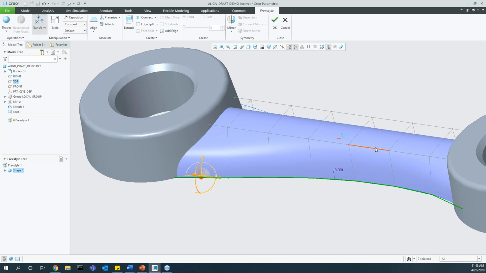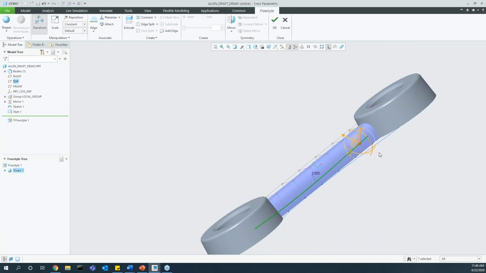If you look at this edge is where you can see the changes. So the default will be 10 degrees. And if I change this to something like 3, you see that edge changes. And now if I come over to the other side,